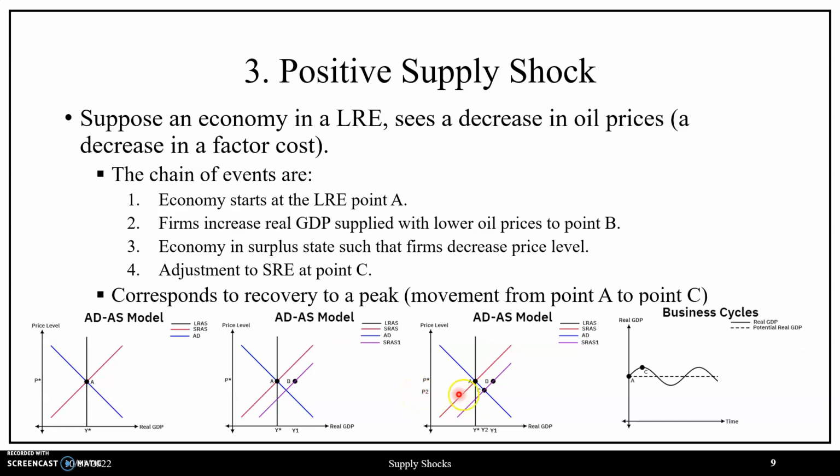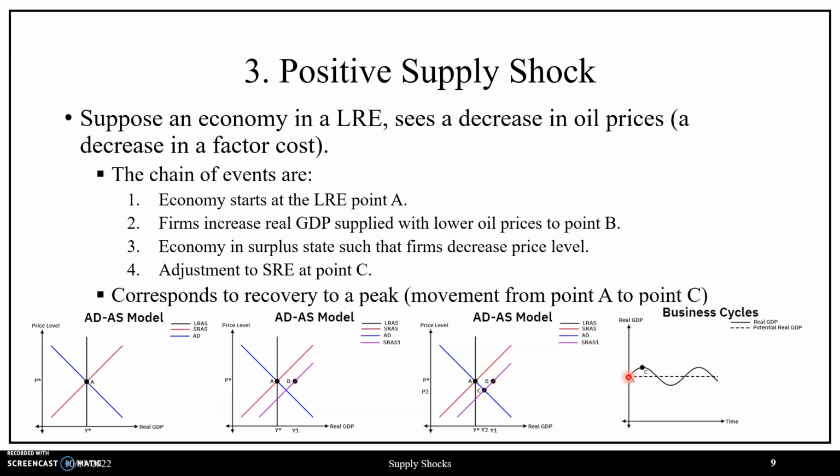Some initial insights with respect to the short-run equilibrium: we see that Y2 is to the right of potential real GDP, meaning that this economy has an inflationary gap, which with respect to business cycle phases corresponds to a peak. Since this economy initially started in a long-run equilibrium and had movement going towards a peak, we can say that the positive supply shock generated a recovery to a peak,